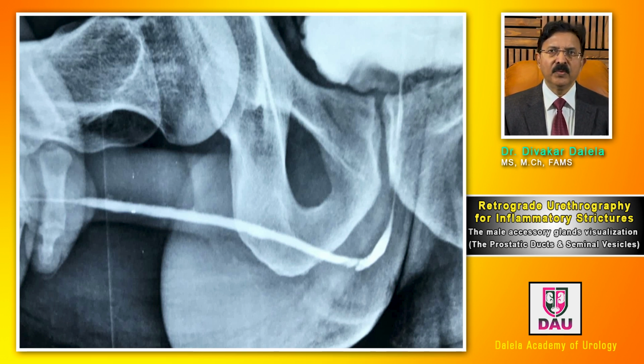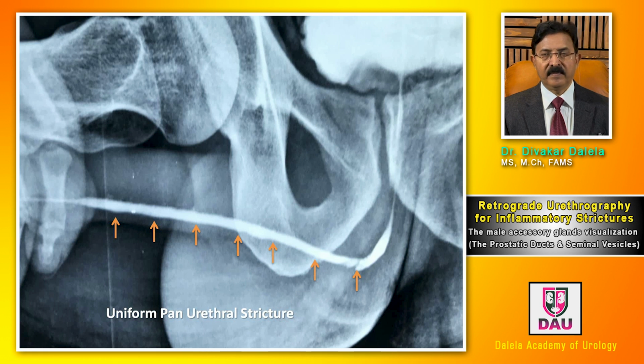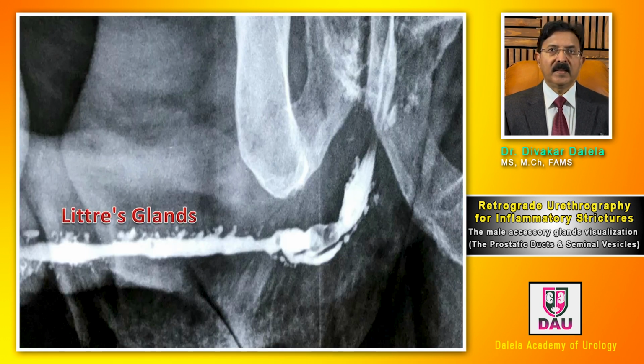Now, inflammatory urethral stricture disease, as I said, is a peculiar entity. In some patients, you will have a urethra which is visible like a pipe stem. The penile urethra is involved, the bulbar urethra is involved. The entire urethra is straight, smooth, looking fine, and this is a uniform pan-urethral stricture. I have in some of my presentations called it a pipe stem kind of urethra. But then there are inflammatory strictures where you see urethra like this.